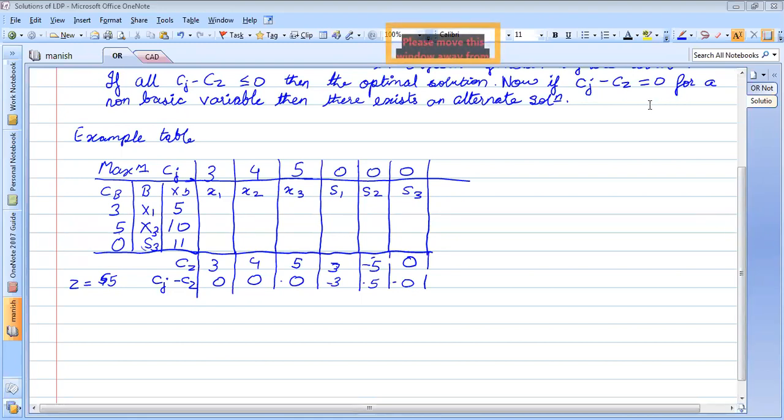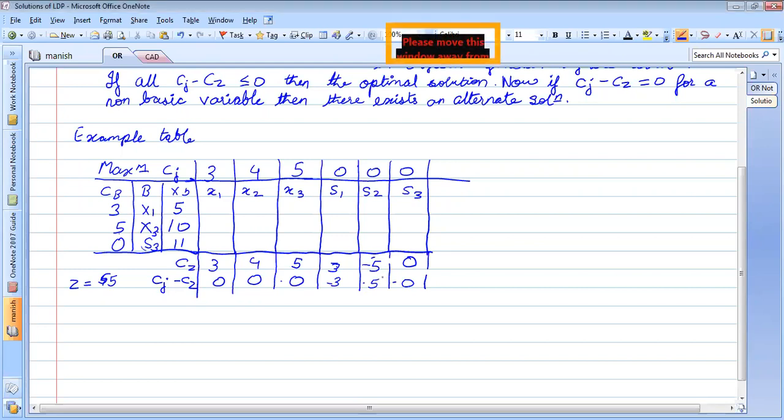Sir, how can it be an alternate solution when there is a value Cj minus Zj which is positive? We want all the values to be negative, isn't it? Yes, sir. Students, this is what you need to make sure: if all the values of Cj minus Zj are negative, then only we will go for whether it is an alternative solution or a unique solution. First thing, here there is a value which is positive.